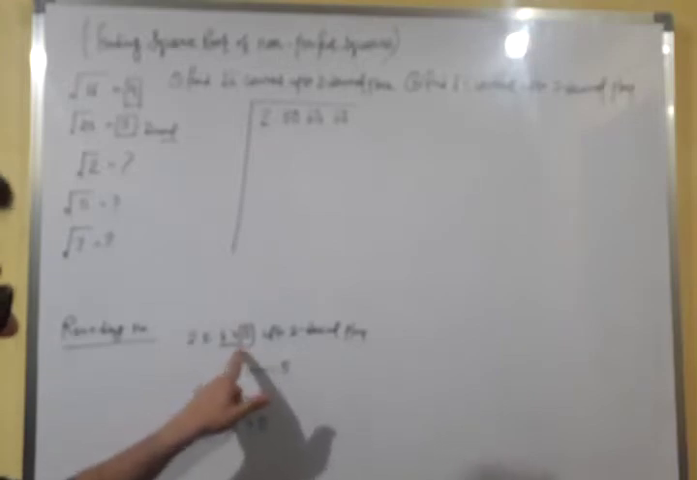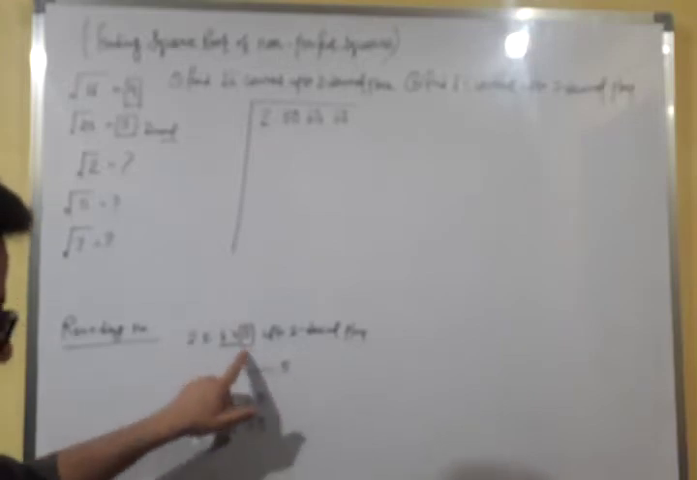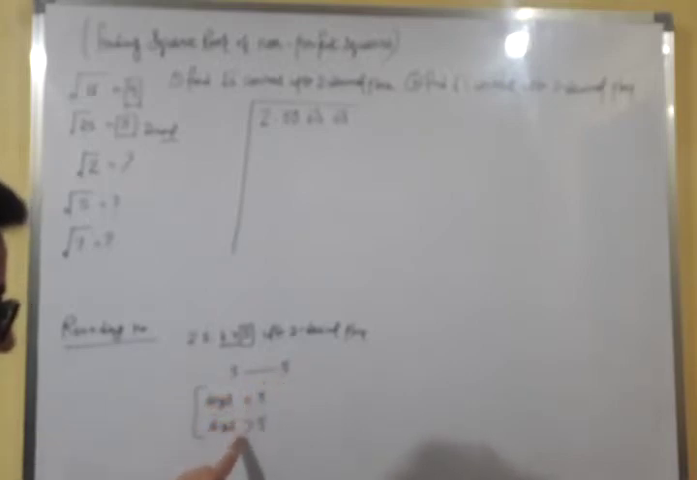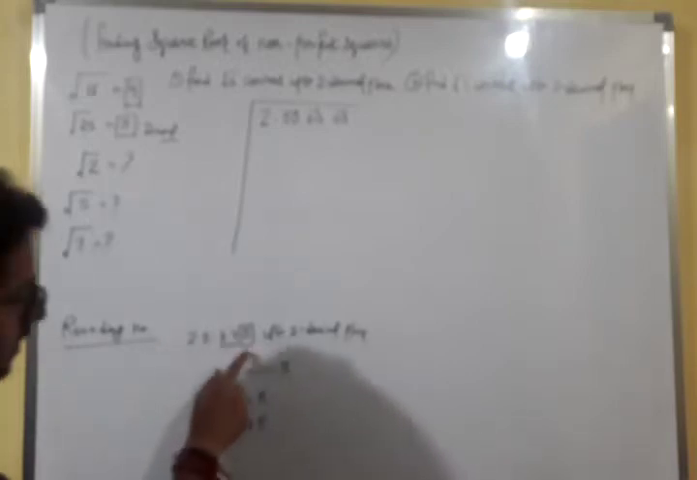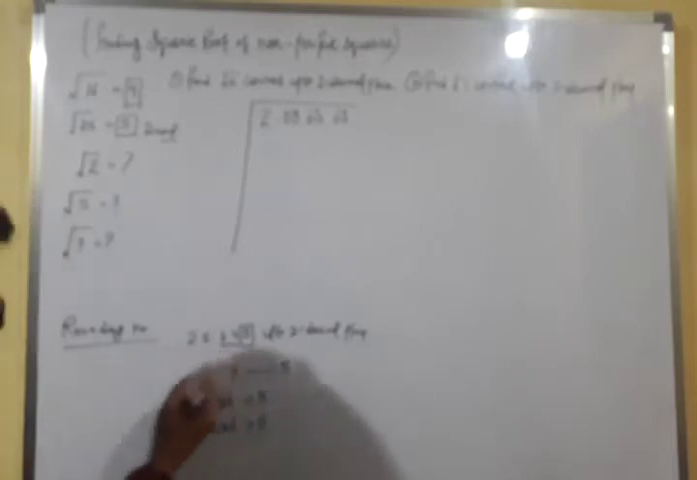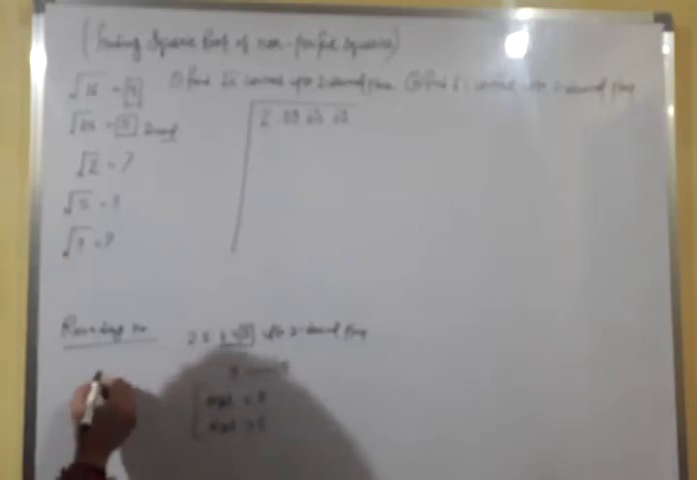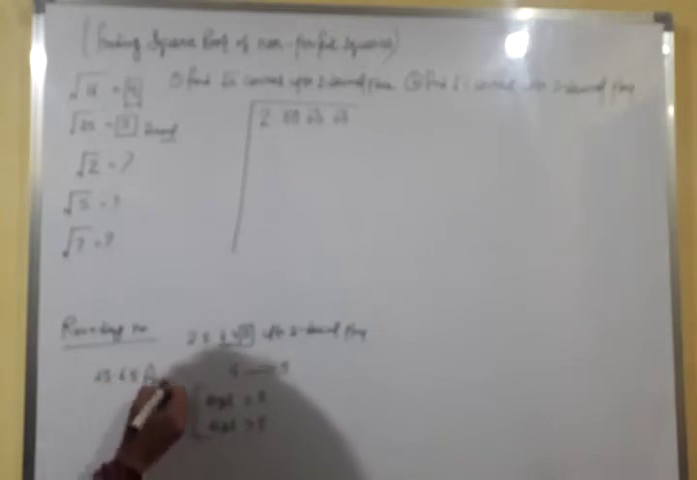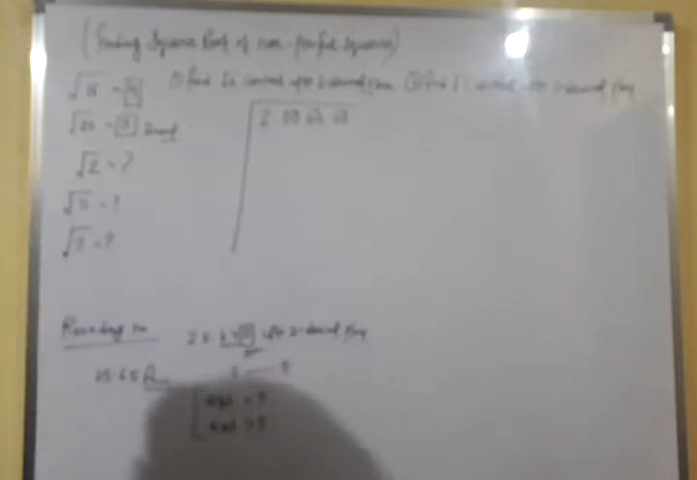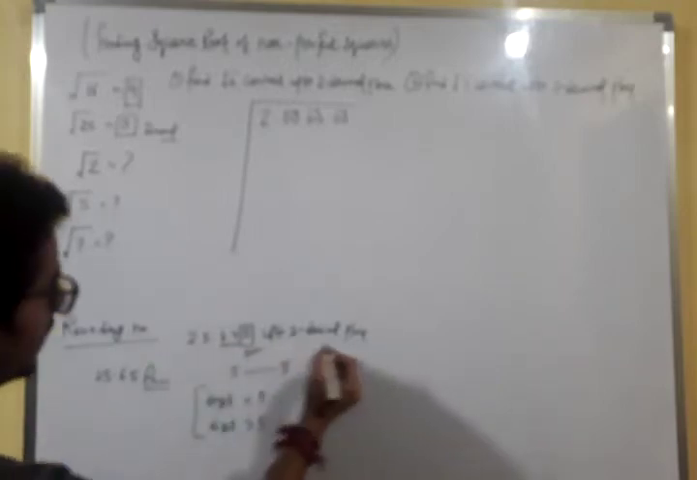If the digit written at the third place is equal to 5 or greater than 5, then what we will do? We will add 1 in the second decimal place. Then its rounded off number will be 25.65. And if the digit written at the third place is less than 5, if it is